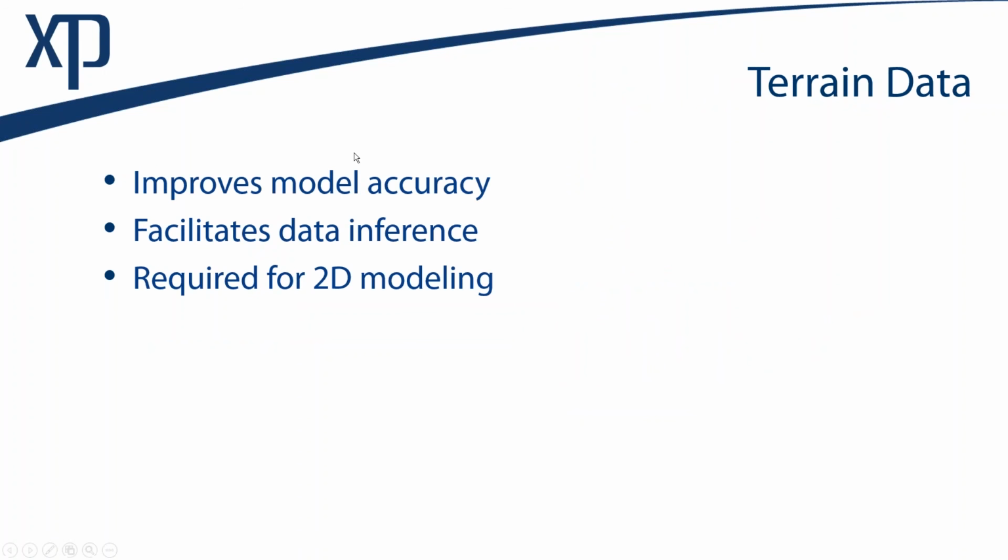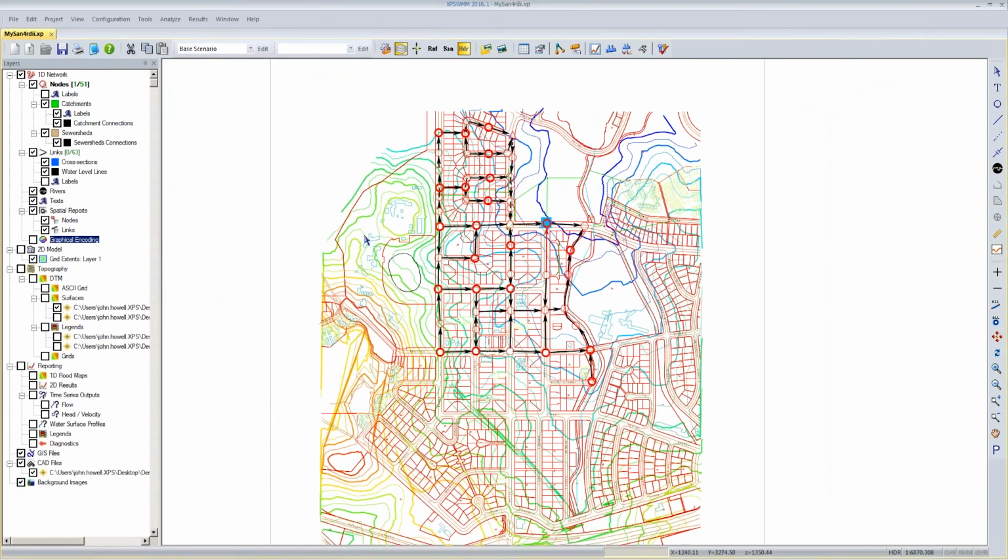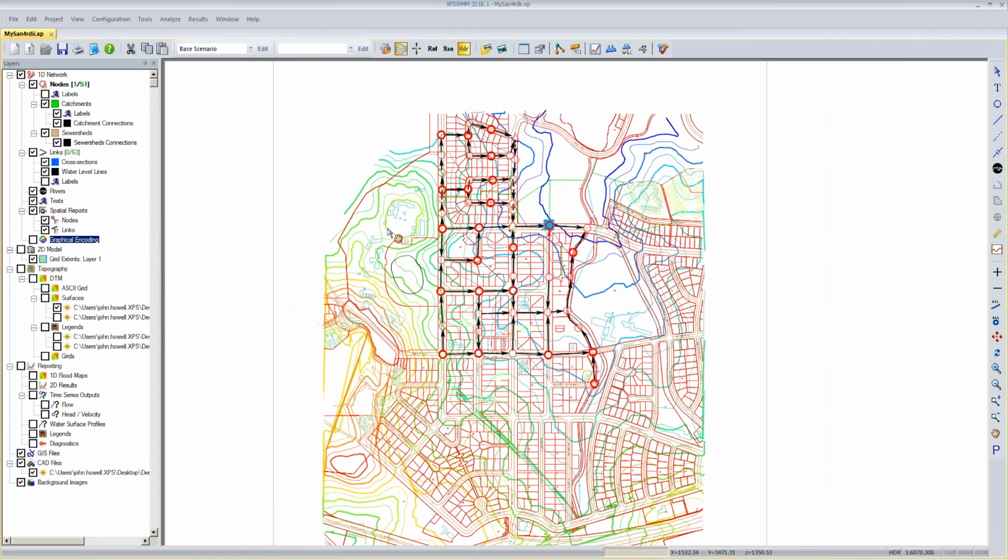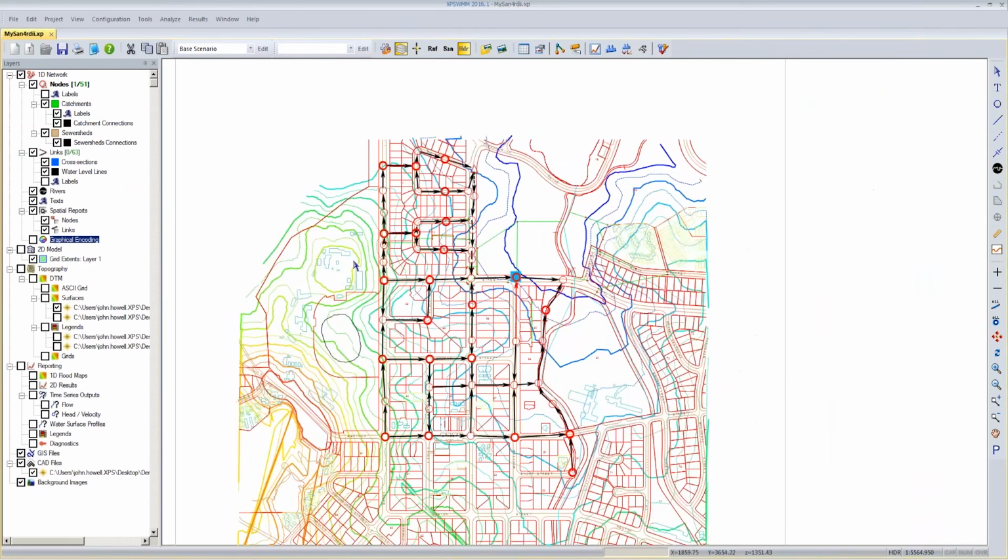Terrain data. You may say, well, why is terrain data important in a 1D sanitary model? I think it's very important to have terrain data, whether or not it's just a 1D model. And I'll show you an example of why I think that's important. So I've already read in terrain data here. You can see that as the colored contours. But oftentimes, especially if we're capturing some of the model elements from paper drawings or something like that, and we have field measurements that we're capturing from a field survey, there may be